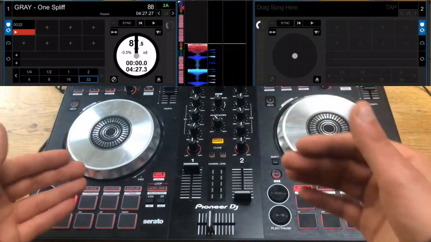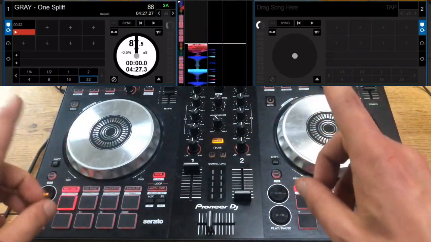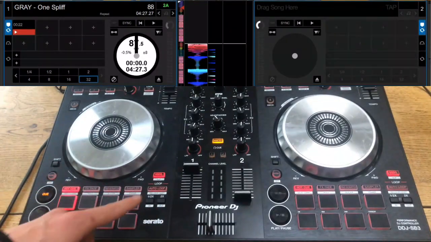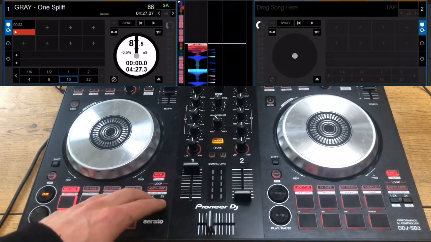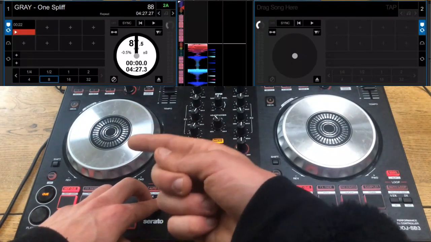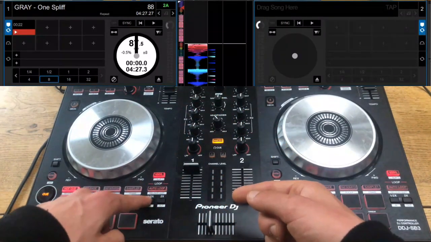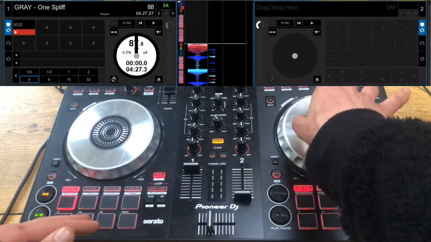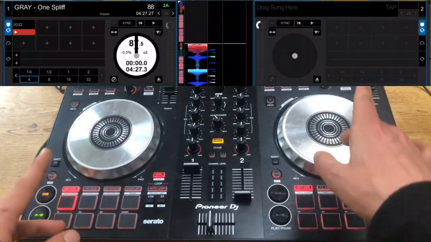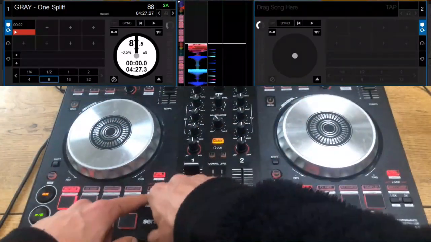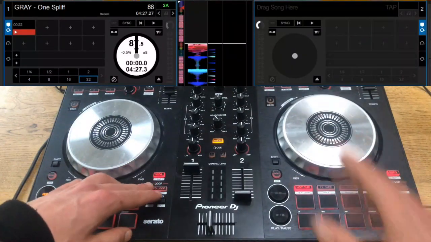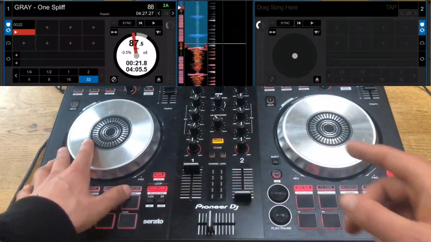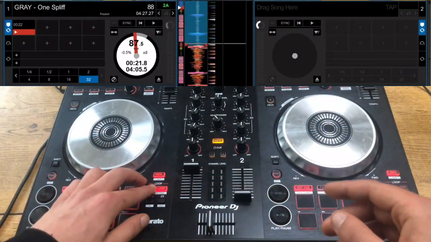before the drop. So we know that 32 beats is the halfway house, and very handily the auto loop feature contains 32 beats. So if you come over to your auto loop, as you can see on screen, that should be changing between 8, 16, 32 when I press these things. If you've got a DDJ4, I believe you'll have two arrows, one pointing that way, one pointing that way on the top right of your decks, and you press those, that should also change your auto loop feature. So hit 32 beats, go back on your jog wheel, and that brings us exactly to the halfway house